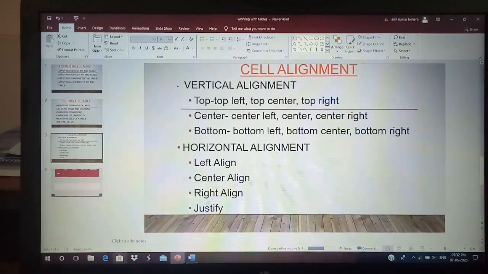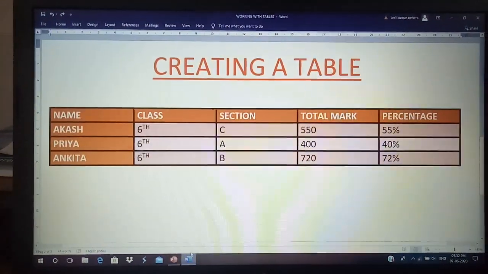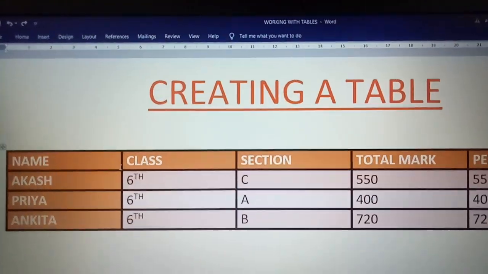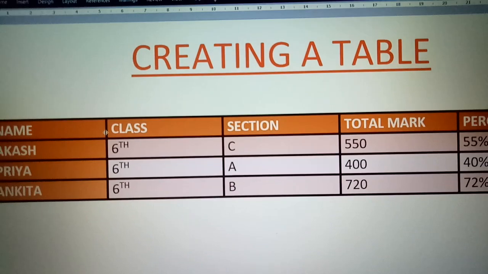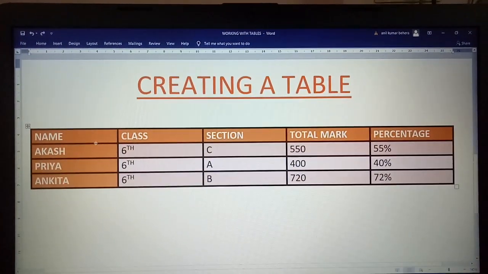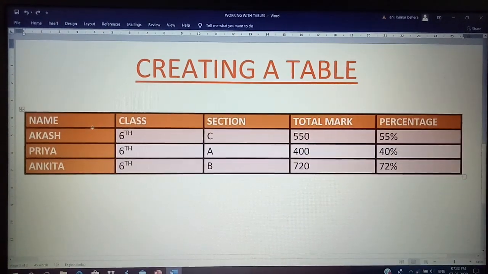Okay, now we will go back to the table that we have created. Different alignment features can be applied to different parts of the table depending on our requirement.